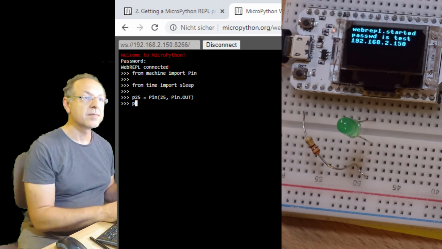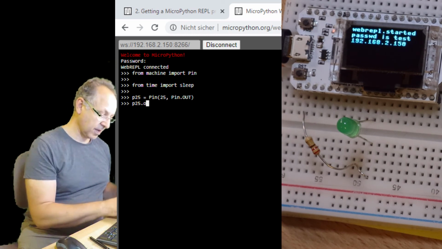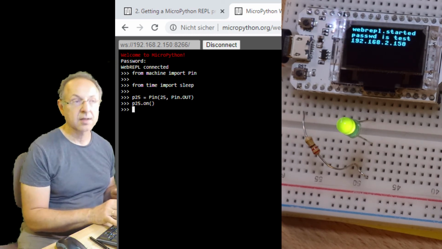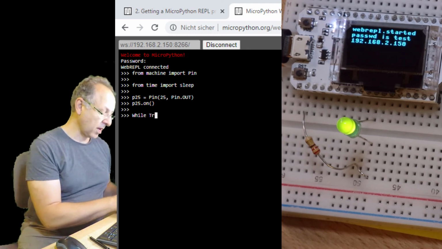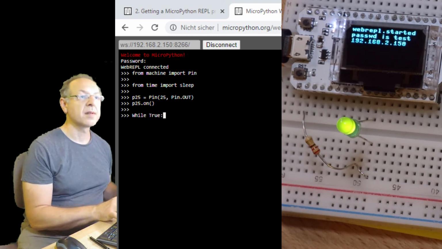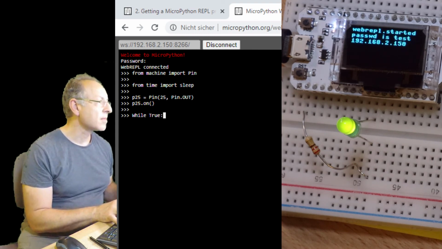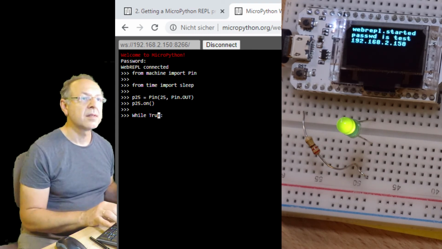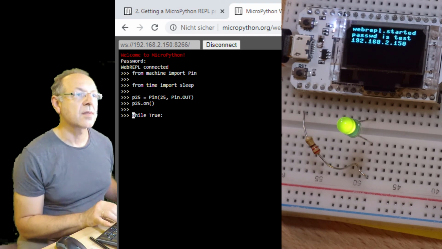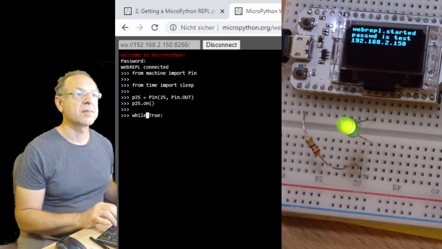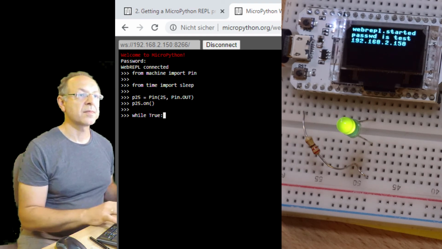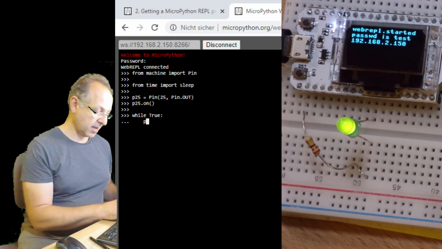And now we can say P25 on, just to check if it works, and we have it. And now we can try this with the loop. While true, we have got this capital, which I don't want. So while true, now we say